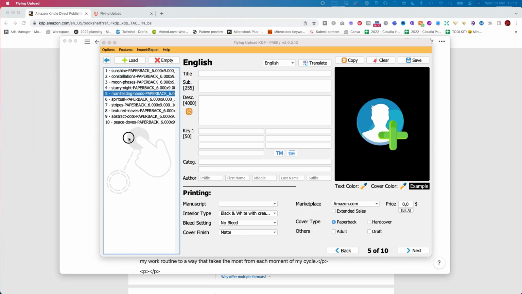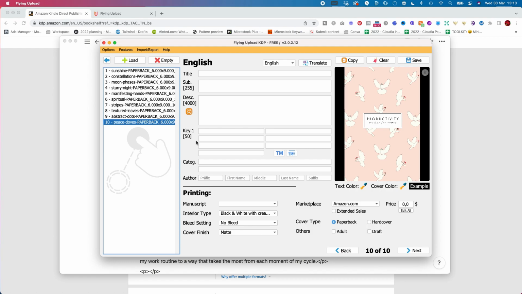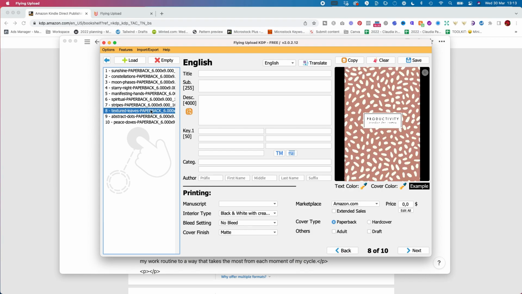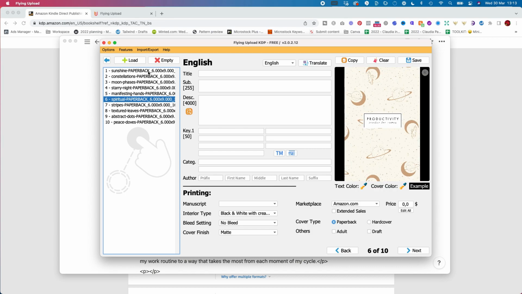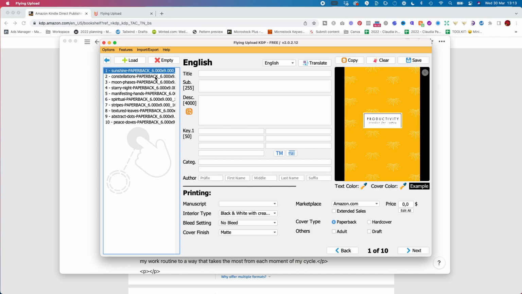There we go. So these are the ones I want to upload, and if we click in each one of them, we can see a preview of the cover. As you can see, it's designed with my own patterns. Okay, so what I do now is I come and I start filling the first one. So coming to my notes,